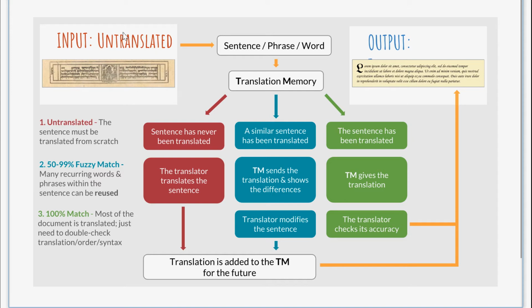You begin with, say, a sutra, and the CAT tool will break it down into either sentences or short phrases. And then individually, it will take each segment of those phrases and compare it to translation memories from all the translations you've done before. And there are three possibilities here. First, it may be a totally new phrase that has never been translated. So then the translator creates a translation, and then that's added to the translation memory bank for future use or